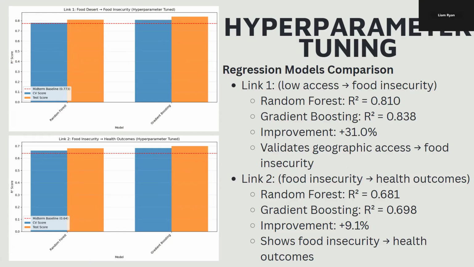The key takeaway is that link 1 shows stronger predictive power at 84% variance explained versus link 2 at 70%. Both links validate the complete pathway from low access through food insecurity to health outcomes, providing tools to identify at-risk